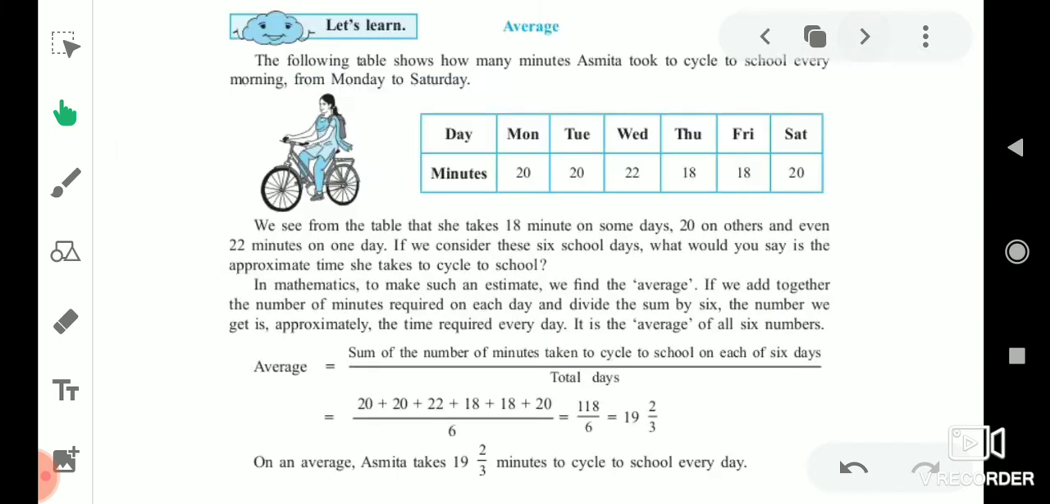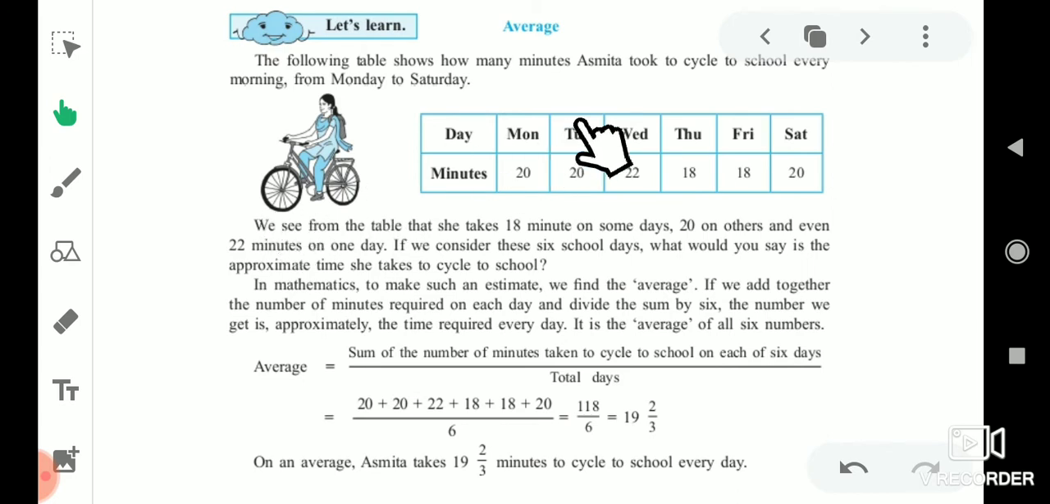Okay, first of all we will learn about average. It is also called the mean. So how do we calculate the average value? Suppose a table is given, and we see that